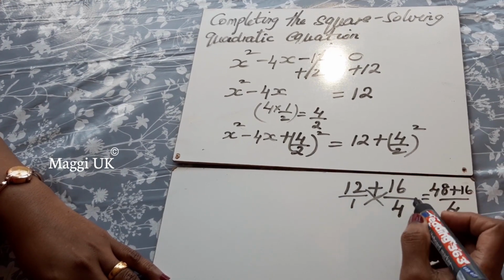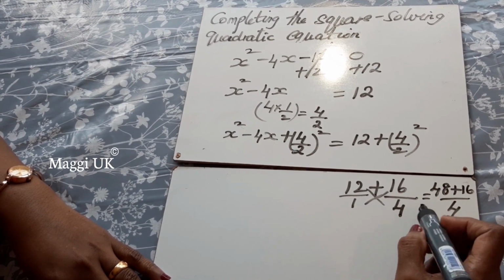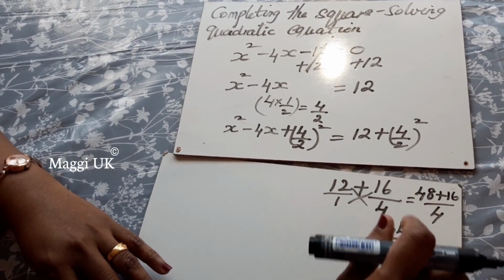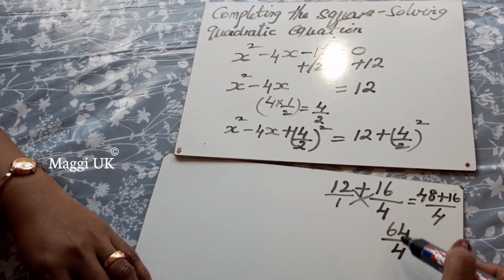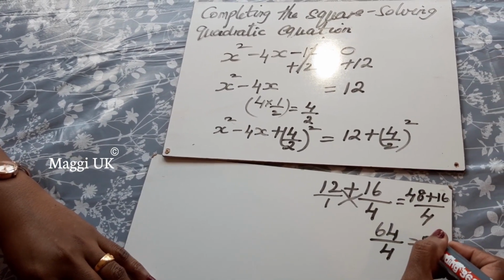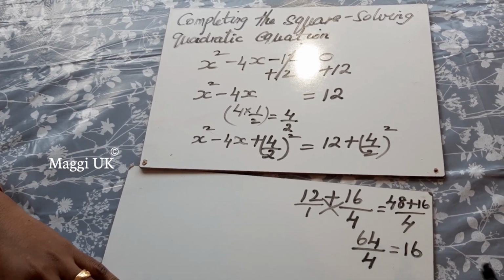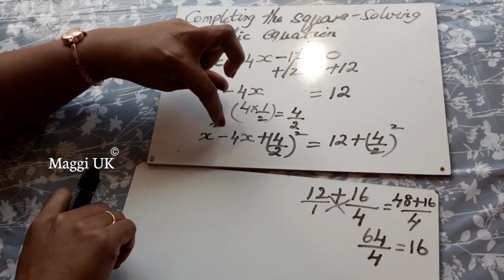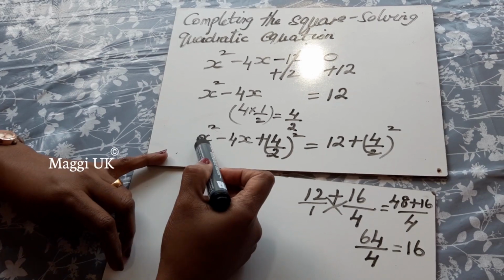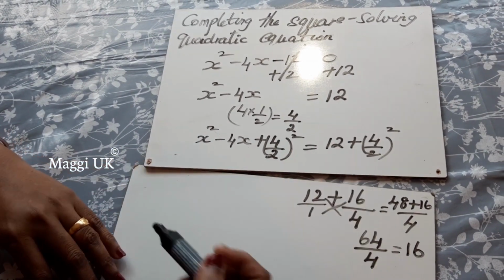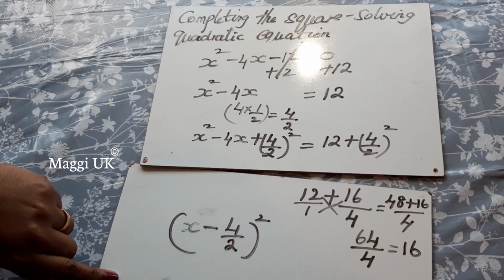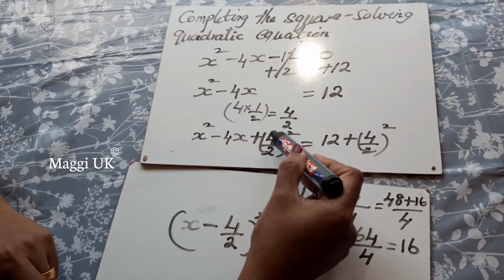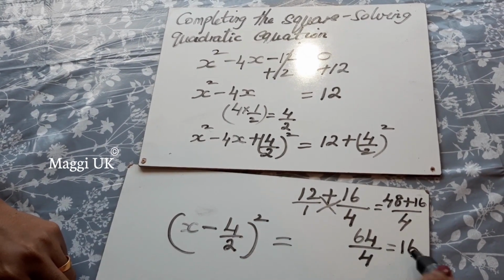So when you add them up, which gives you 64 over 4. Okay, so this side is 64 over 4, and when you simplify this one as well, it gives you 16. So we have done this part and we are going to write this one. If you see this side, we have a minus sign. We have x squared and there is also another squared term, so we can't write x squared and this. So we are going to make it like x minus 4 by 2, the whole squared,